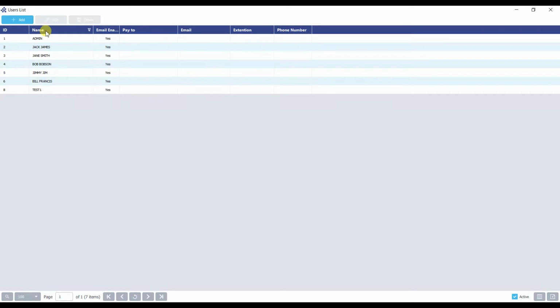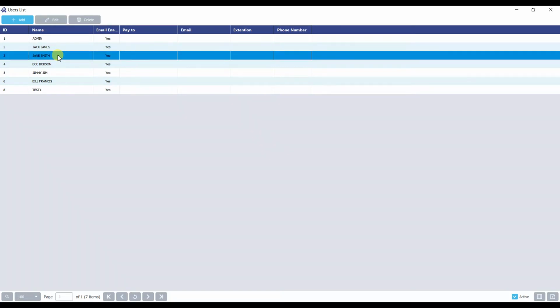new user. You also see quick access buttons to edit or delete an entry. The edit and delete buttons only appear when you highlight a specific line by clicking on it. Keep in mind this users list will function the same as the other lists in the TMS, such as drivers, trucks, trailers, and more. At the bottom left, you'll have a search function just as with other list windows in